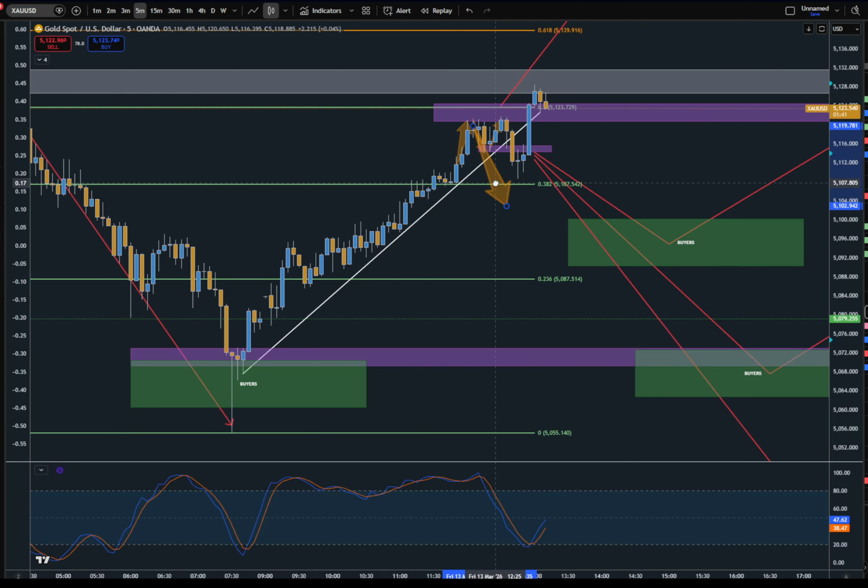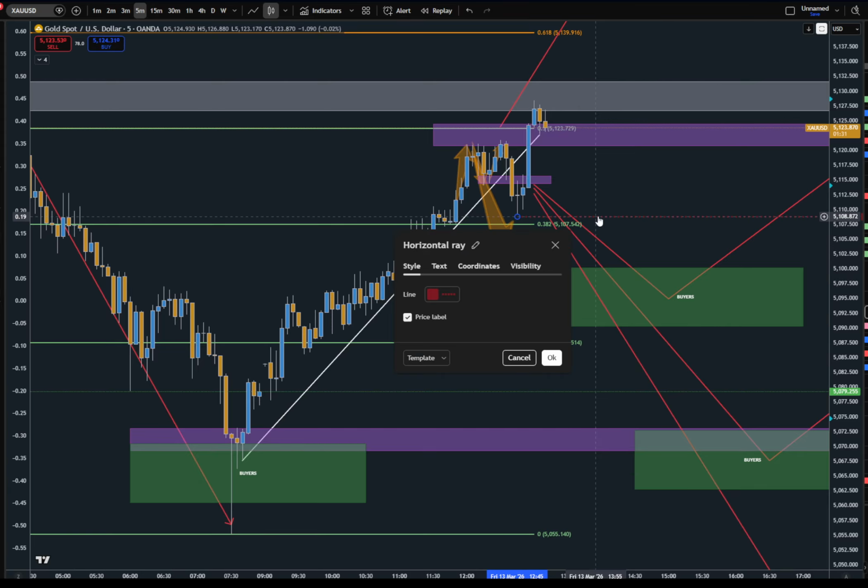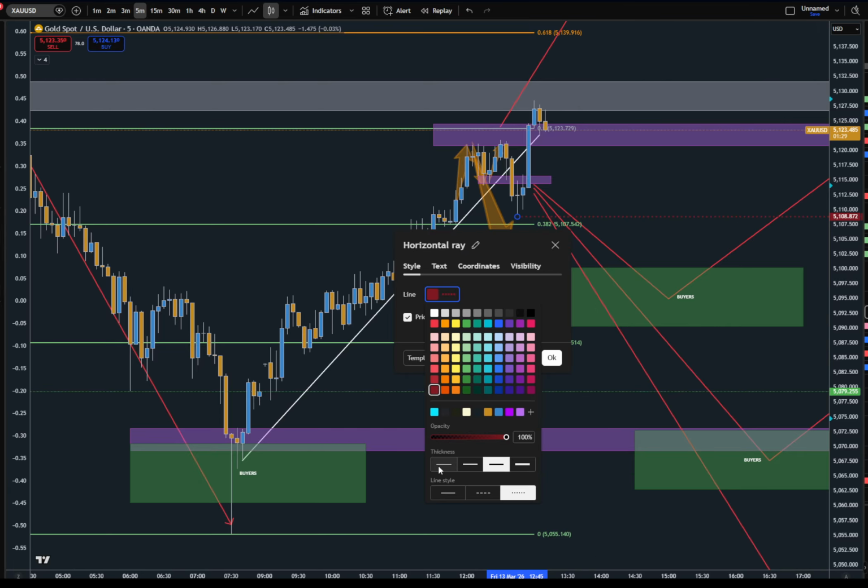But what we do now, this out of the way, is call this level down here confirmation trigger line. This one through here, make it a solid line.